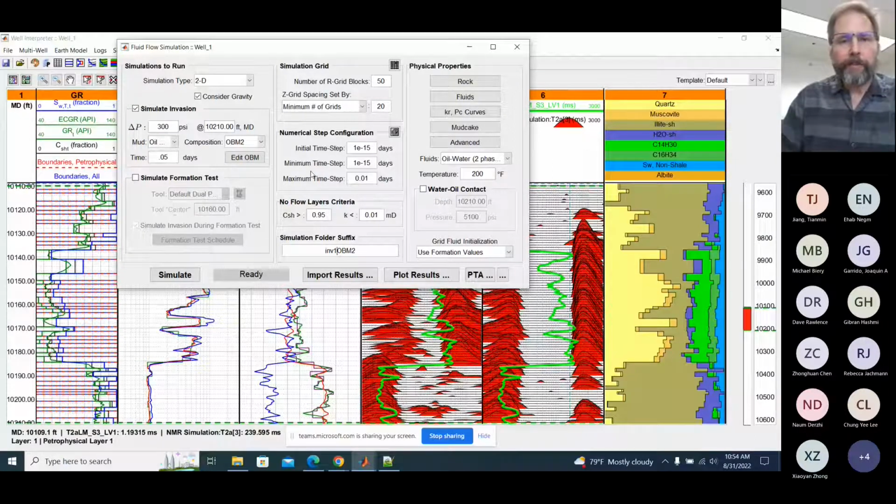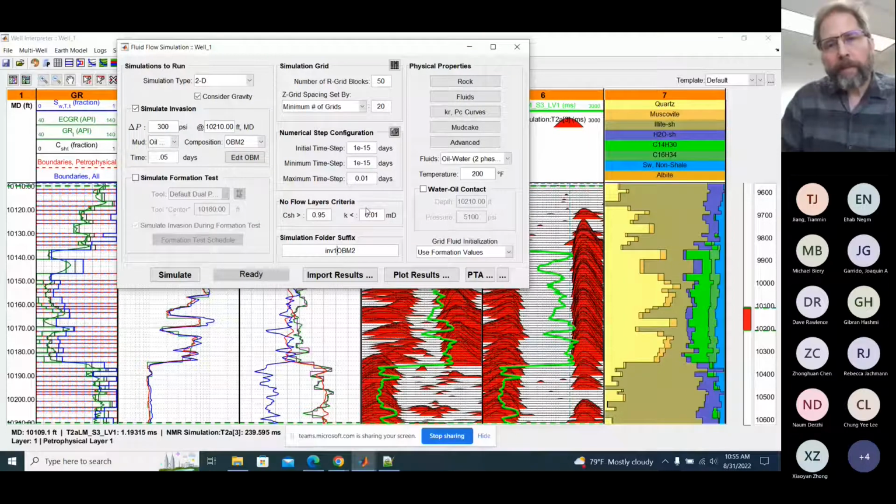You normally should not have to deal with the numeric configurations, but there are special cases where you could. If you're having problems getting the thing to run, you may want to shorten these, with the understanding that it might not be as accurate. And then you have some no flow criteria here. It keeps it running smoother usually, because whenever you get certain parameters near a limit, it will sometimes